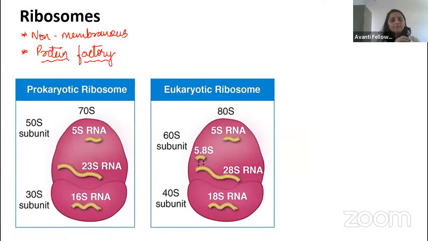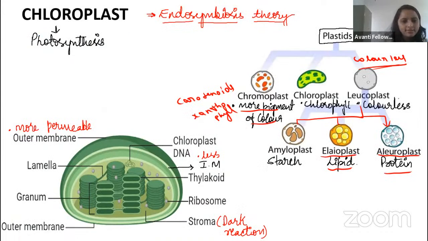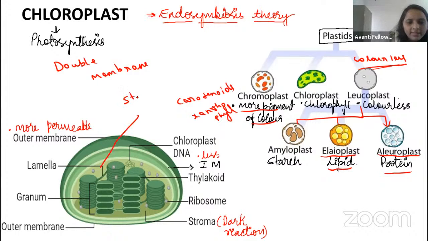Then coming to the ribosome, I will quickly tell about the ribosome. Sorry, here I have to tell about the chloroplast structure. One minute. So let us come to the chloroplast structure. You all know that the chloroplast has a double membrane, right, guys? Here you can see the cytoplasm inside the chloroplast, we will call it the stroma, right, guys? Then we can see the thylakoids present inside the chloroplast, with a coin-like structure.